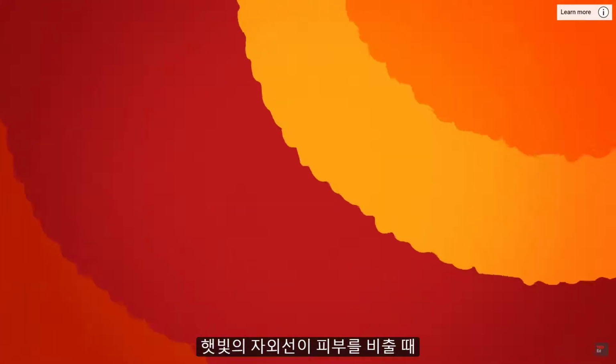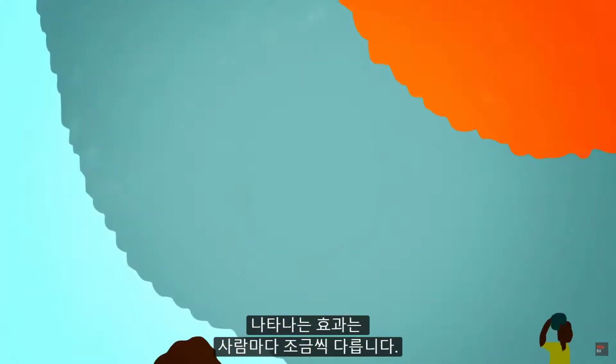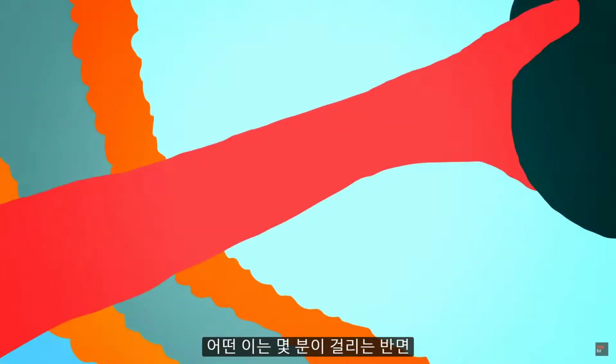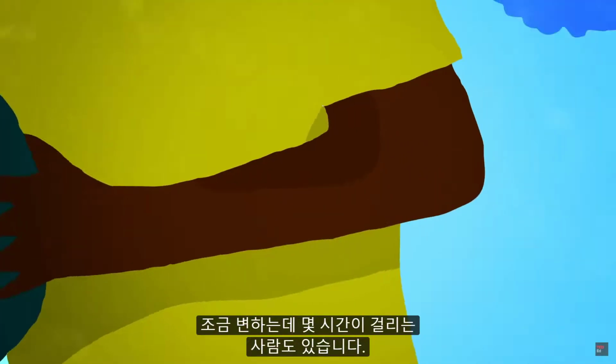When ultraviolet sunlight hits our skin, it affects each of us a little differently. Depending on skin color, it'll take only minutes of exposure to turn one person beetroot pink, while another requires hours to experience the slightest change. So what's to account for that difference, and how did our skin come to take on so many different hues